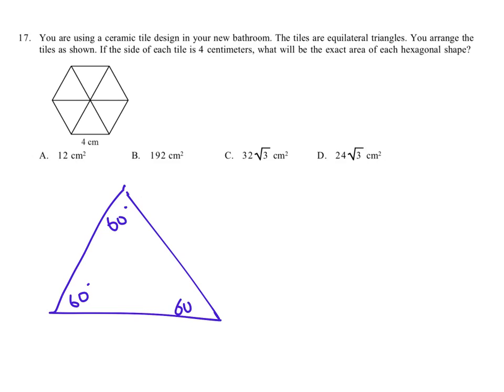Okay, and it says you arrange the tiles as shown. If the side of each tile is 4 centimeters, 4 by 4 by 4, so this side is 4, then what will be the exact area of the hexagonal shape? So in order to do this, we need to know what